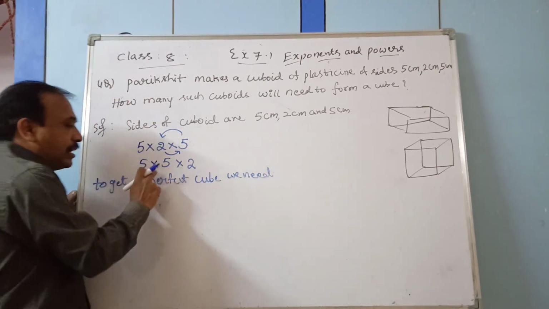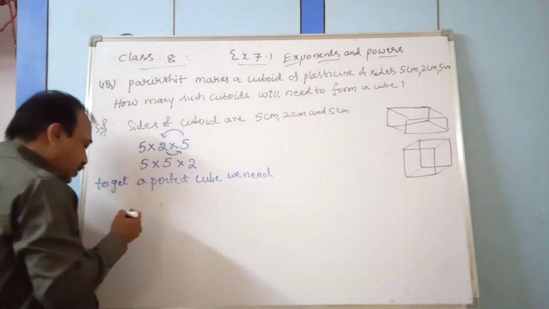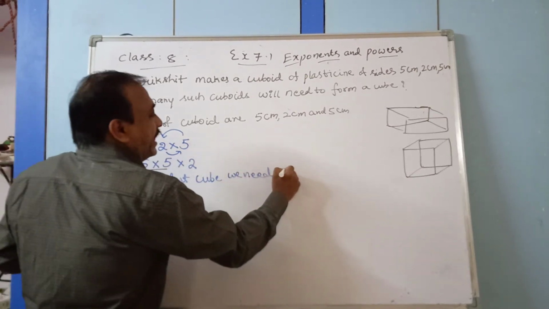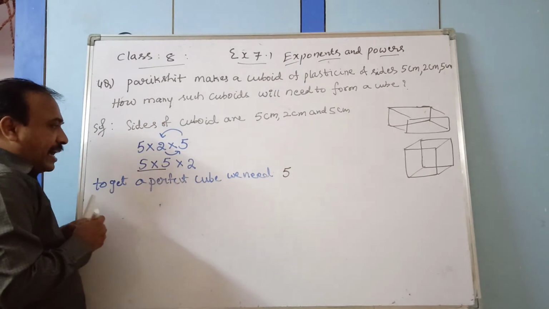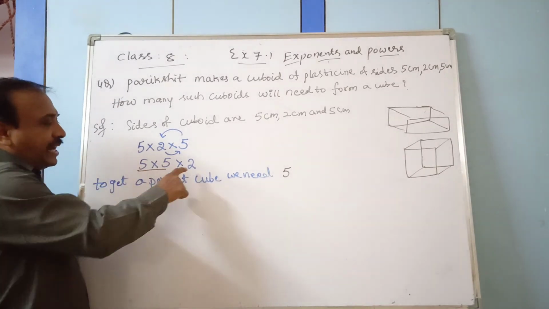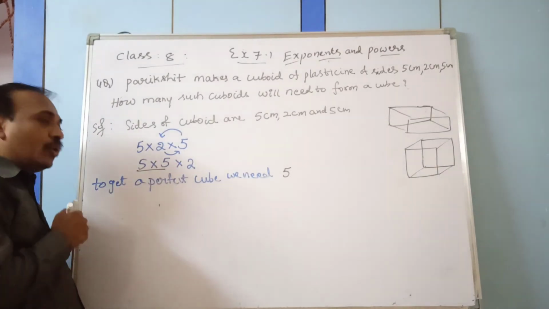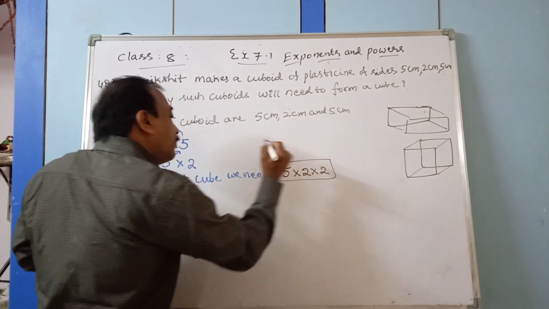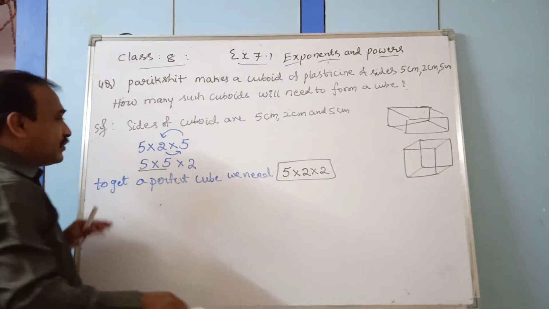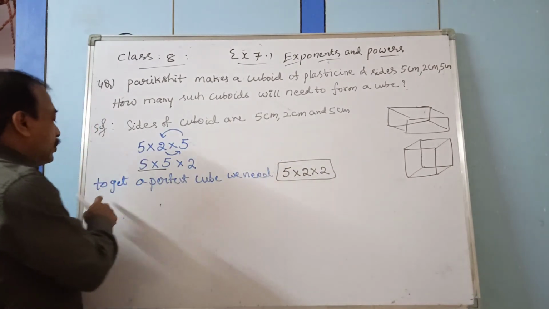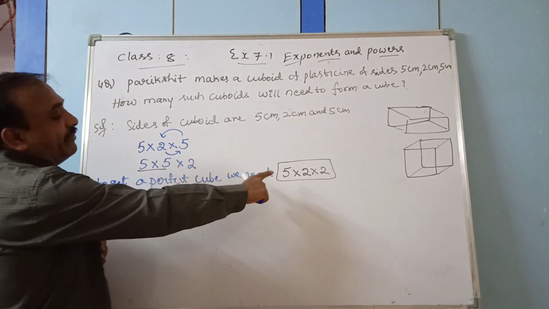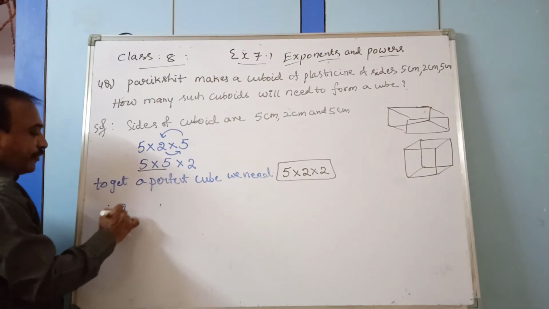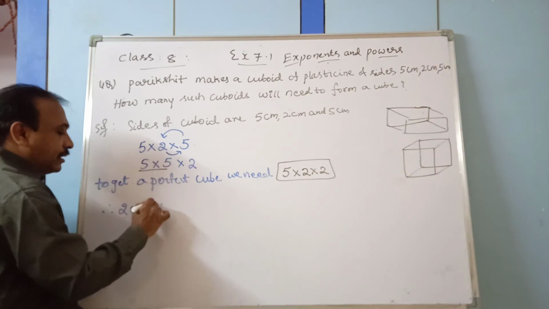Look at this. We need one more 5 because it is only 2 times. You observe it here. How many times do we have 5? 2 times. So one more 5 is required. And to make a perfect cube, here only one 2 we have. So how many are required? 2 more 2's. So 5 into 2 into 2. Observe it. These many cuboids are required. To get a perfect cube, we need 5 into 2 into 2. Now tell me, 5 2's are 10, 10 2's are 20. Therefore 20 such cuboids